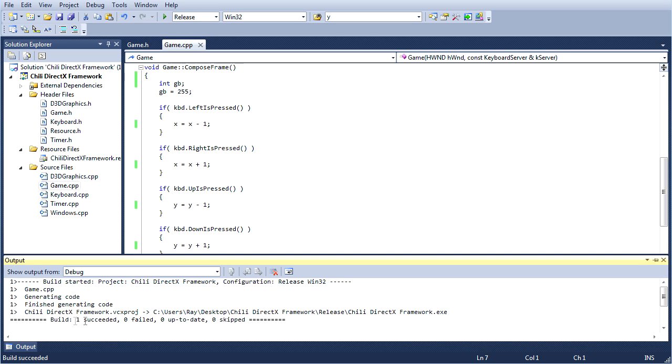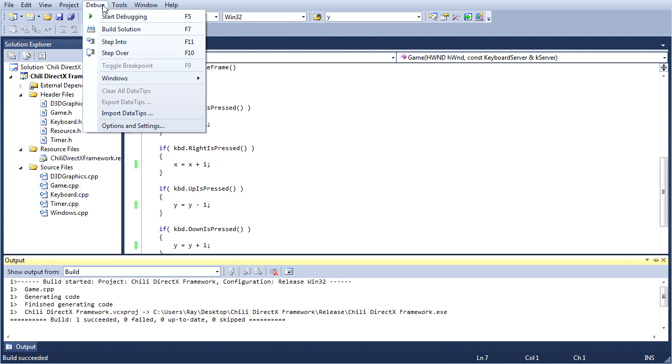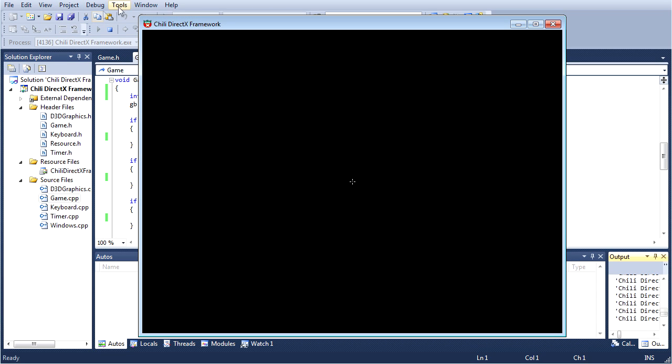Build a solution. Success. Haven't done anything incredibly stupid yet. Start debugging. Alright, and lo and behold, our cursor is now free to roam in the vast blackness of our screen. Go now, you're free! And so forth. So, Houston, we have success. How sweet it is. Oh, the power, it's intoxicating. It's kind of slow, but still intoxicating nonetheless.